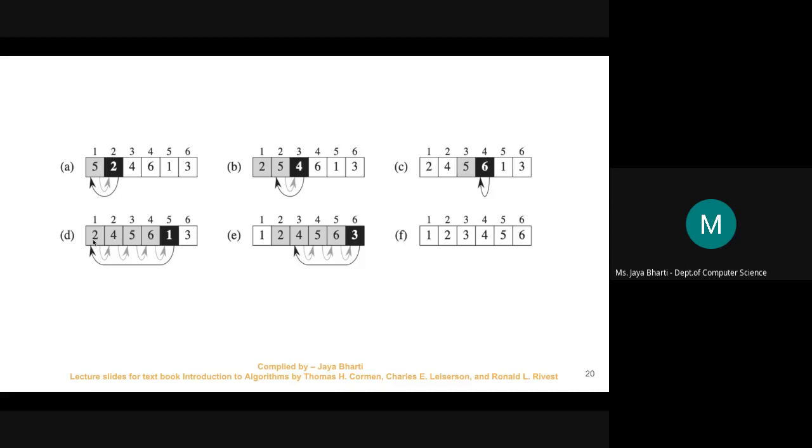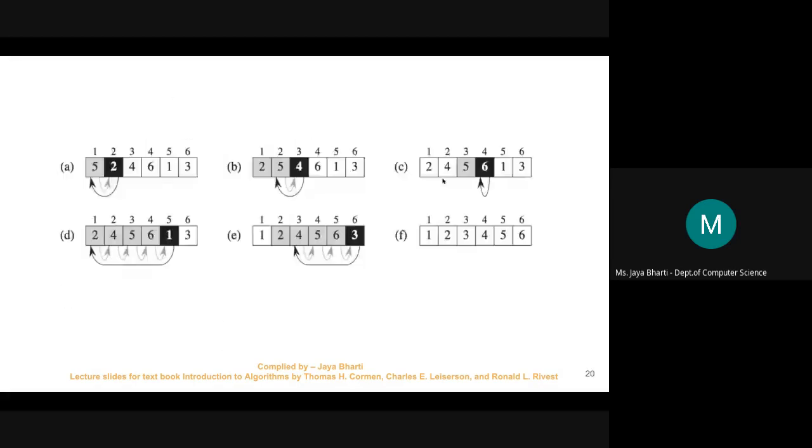So in that way we will compare with everyone and put the 1 in its correct position. So now 1 is in its correct position. Now we again increment the J value. So what will the value of J be now? In the previous step it is pointing on 5. Now it will point on 6. So A of 6 is 3.